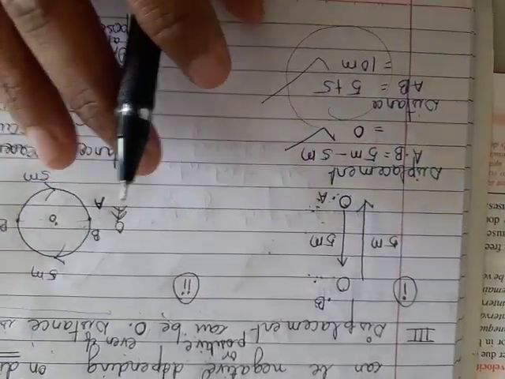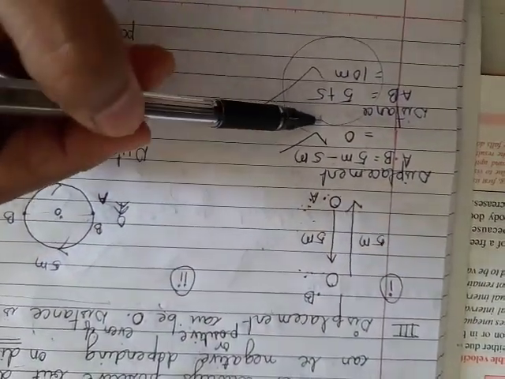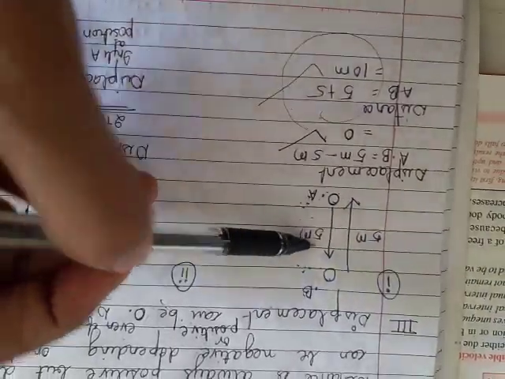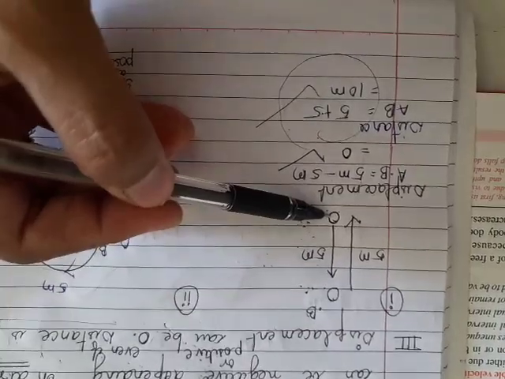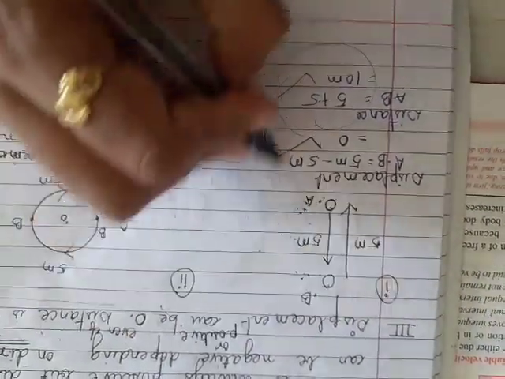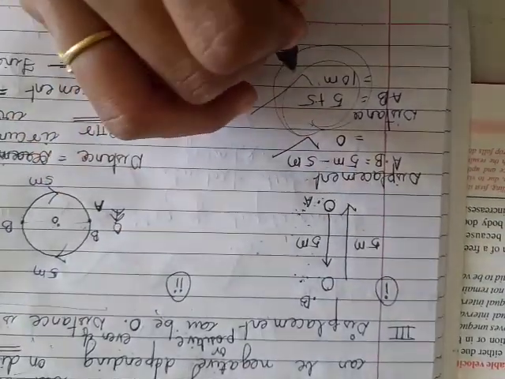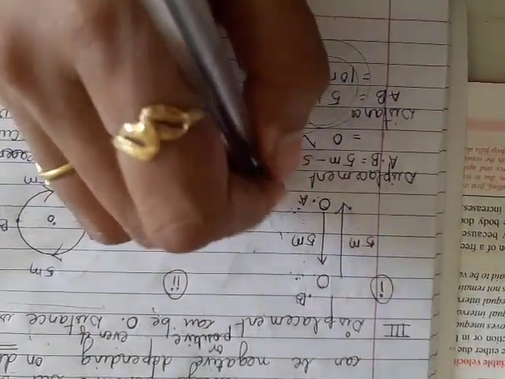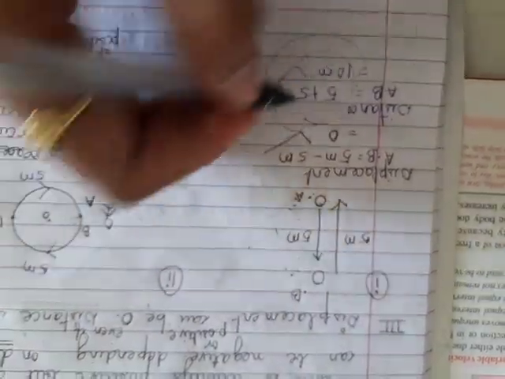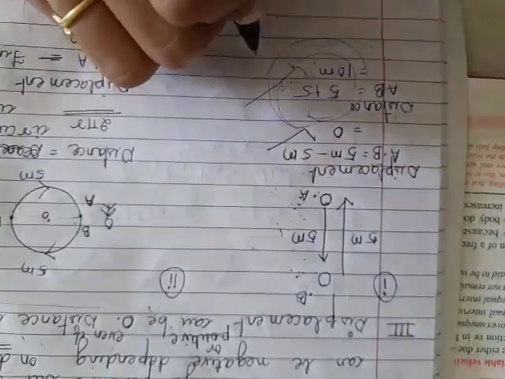Did you understand? When a body is thrown vertically upwards from a point A on the ground, after some time it comes back to the same point, right? It will go up and come back due to gravity. So distance travelled will be 2h, as I told you, 5 meters up and 5 meters down, so 10. But the displacement will be 0. The distance will be non-zero, meaning it will have some value. I hope this example is clear.